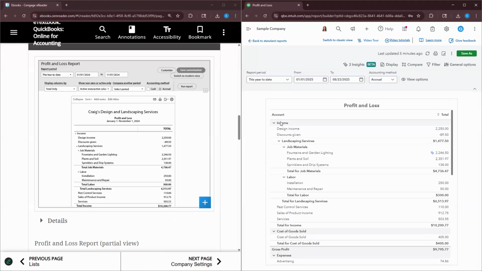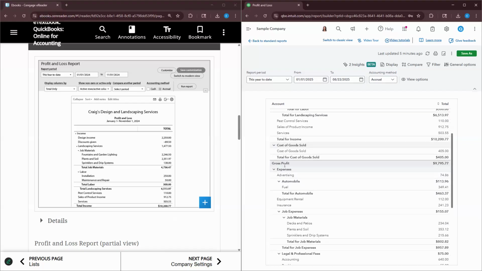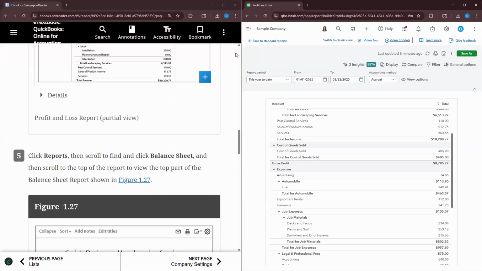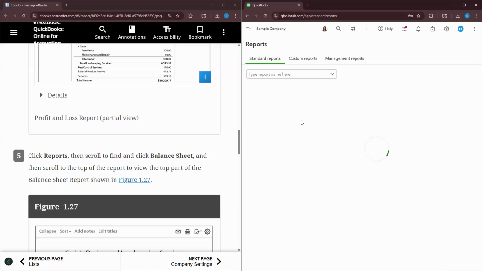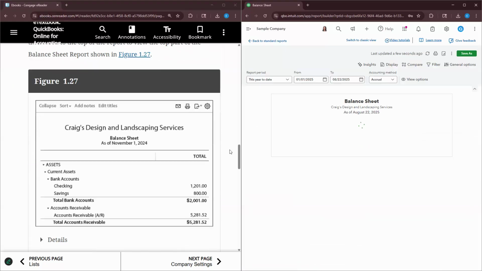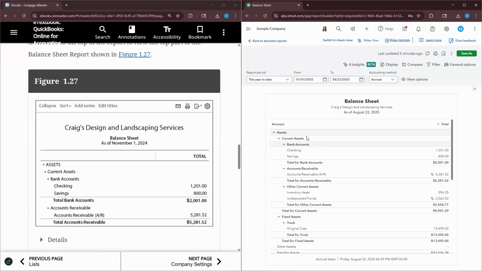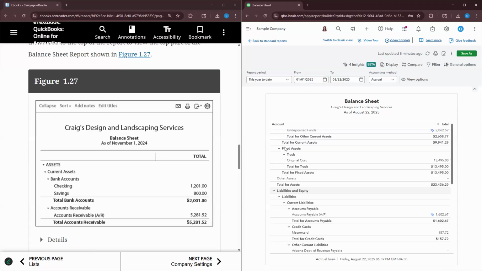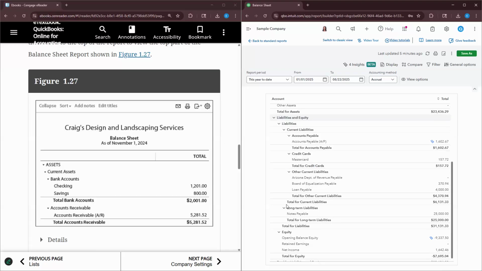All right, and again, profit and loss just shows the income minus the expenses pretty much. So then we go back to our reports, click on the balance sheet. And again, our balance sheet is going to list our assets, liabilities, and owner's equity. So again, there's differences with the date. So obviously the amounts might look a little different, but here we see our assets, we see our liabilities, then